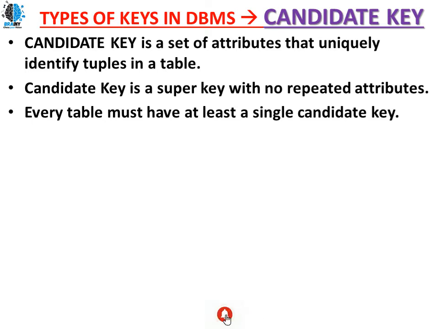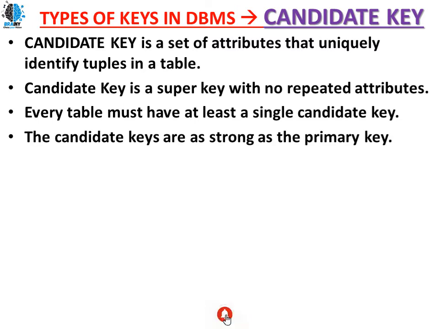So it means that you can have more than one candidate key in your table, whereas the primary key is unique. Only one you should have. Only one primary key you must have in a table. You cannot have more than one primary key in a table, whereas candidate keys you can have minimum one. The maximum is based upon your available attributes or the fields of a table in a database. So minimum you should have one candidate key in your table of a database.